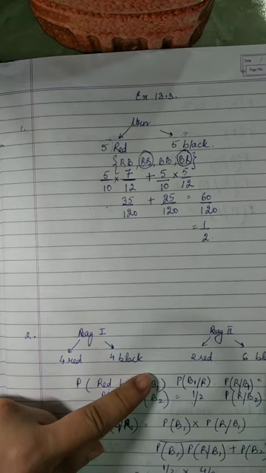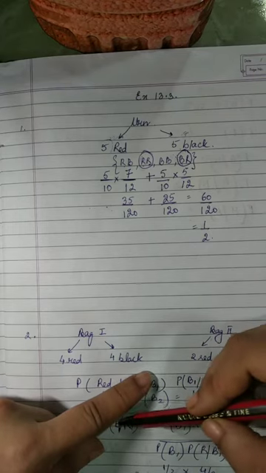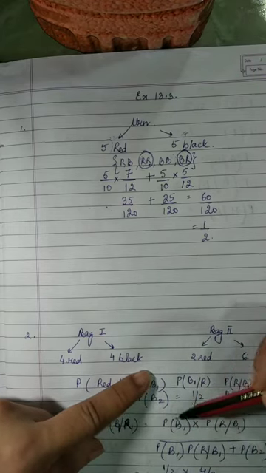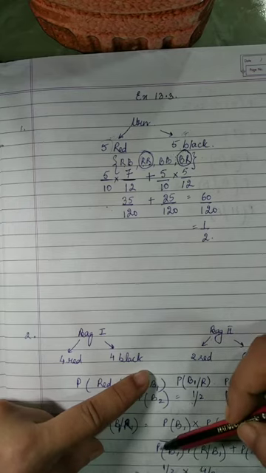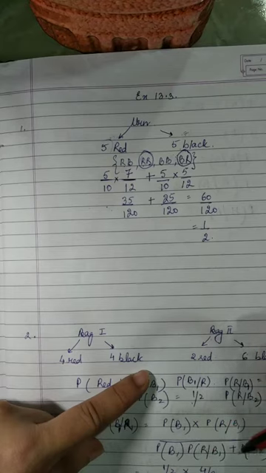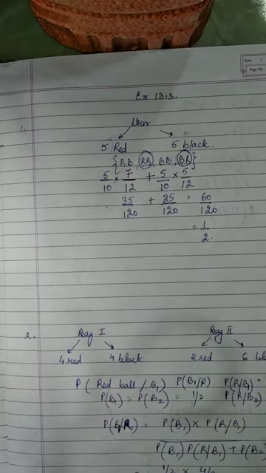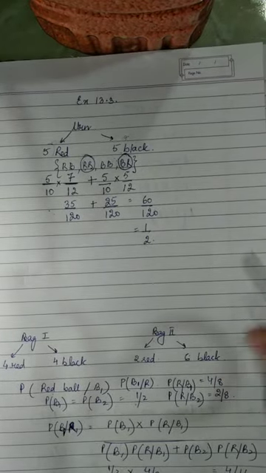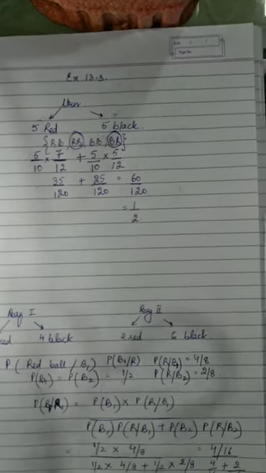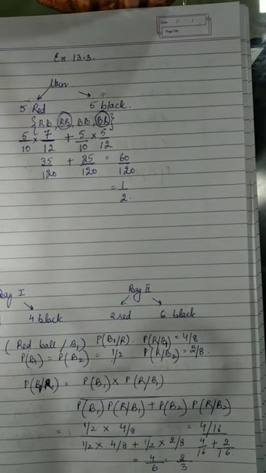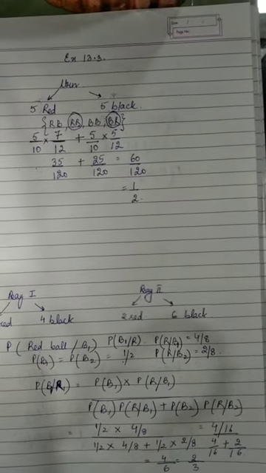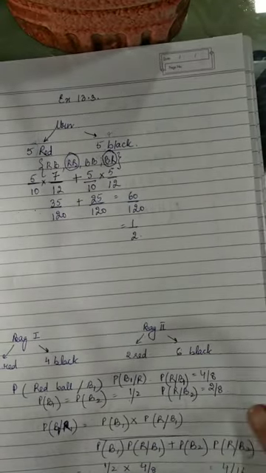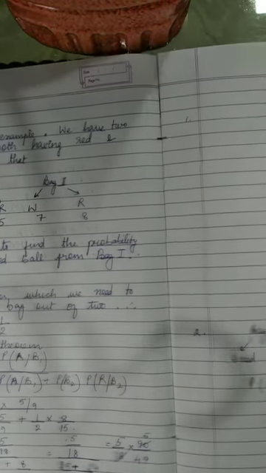So this is what we put our formula as. We have to find out P(B1|R), which is P(B1) into P(R|B1), upon P(B1) into P(R|B1) plus P(B2) into P(R|B2), which we have found out. And this becomes the reverse probability. So we just put down the values and calculate our answer, that is 4 by 6, or simply 2 by 3. I hope that's clear to you. We move on to our next question, that is question number 3.